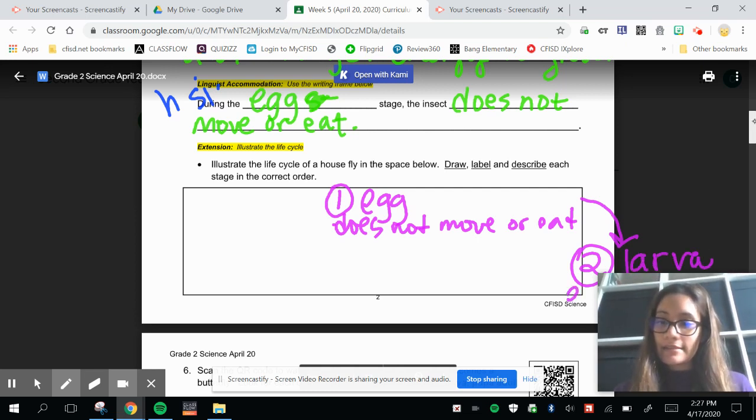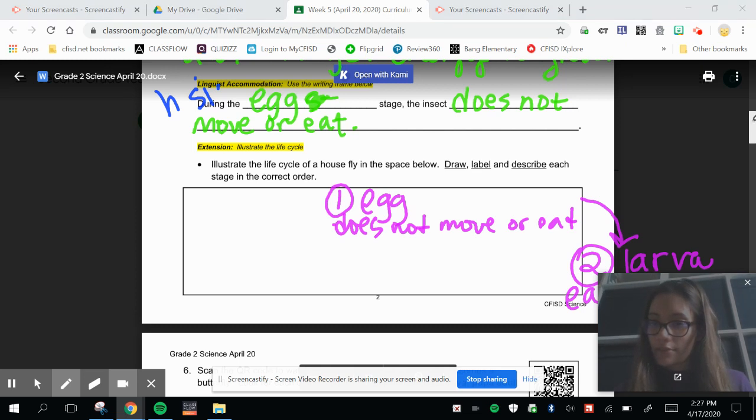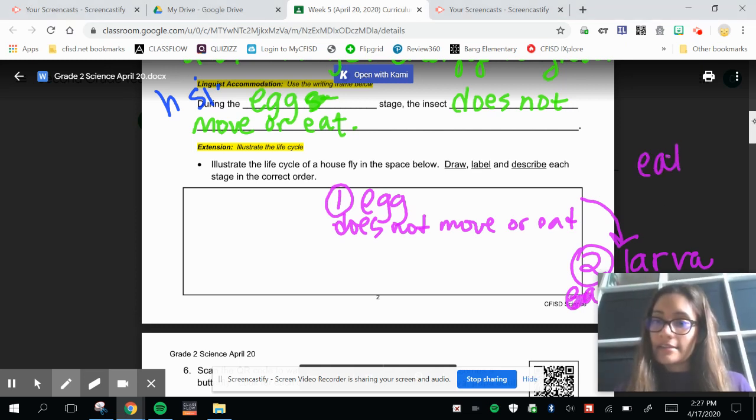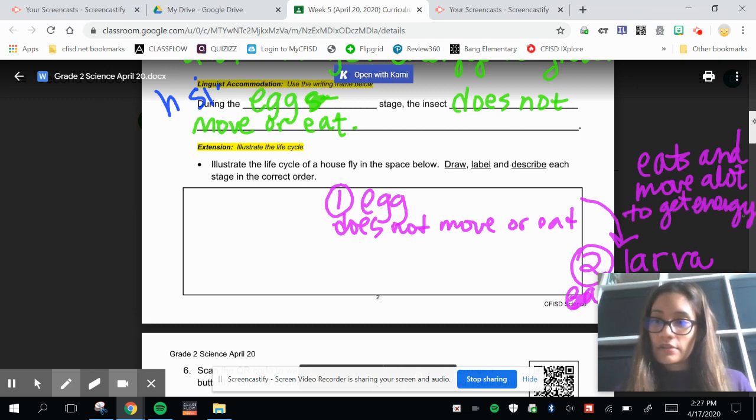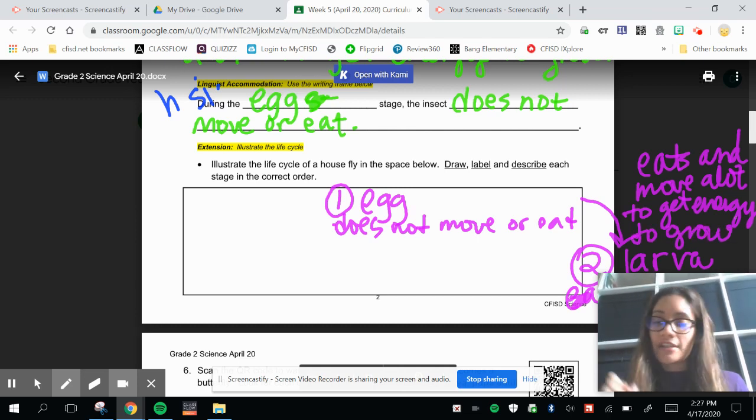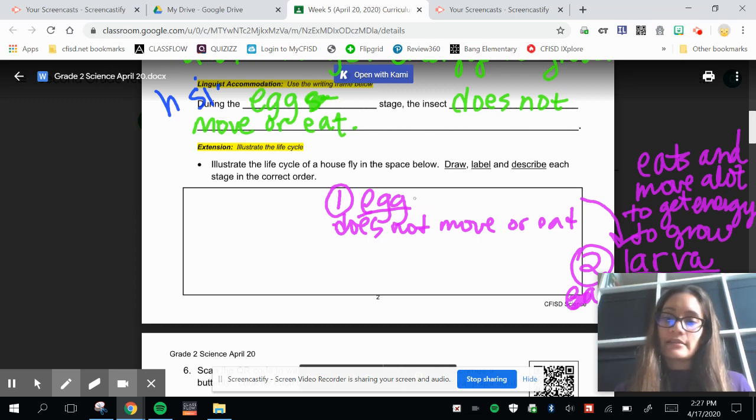It eats. A larva, it eats and moves a lot to get energy to grow. Anyways, egg first, larva second,